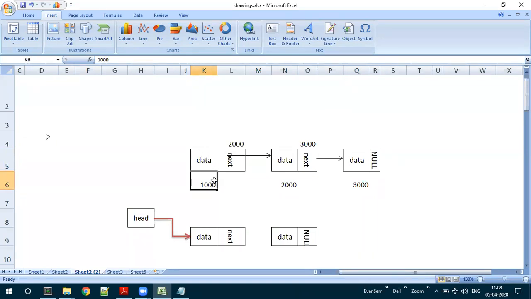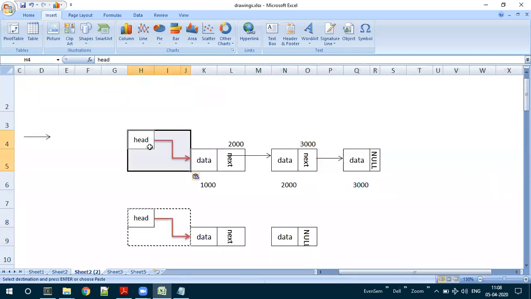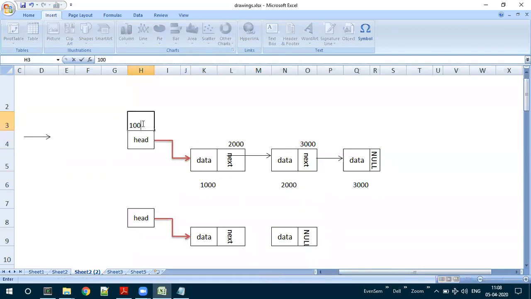In the same way, the first node's address is 1000. Then how do we get to know which is the first node and where it is stored? This can be done by making use of a special pointer called head. What does head always contain? Head will always contain the memory address of the first node in the list. In this example, the memory address of the first node is 1000, and this 1000 is stored in the head. So head is a special type of pointer or reference. We call it an external pointer or an external reference here. What does it contain?